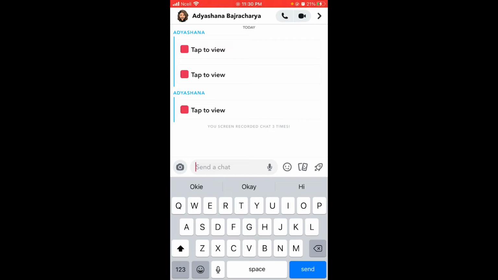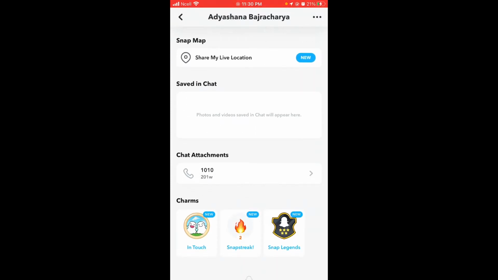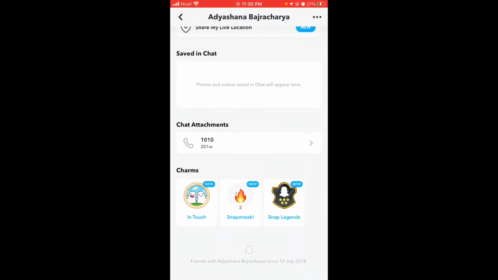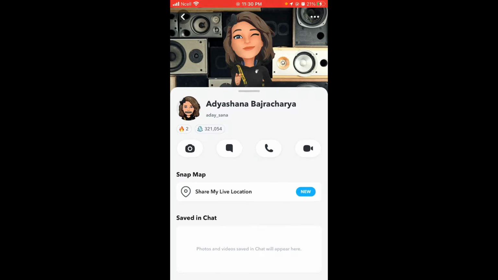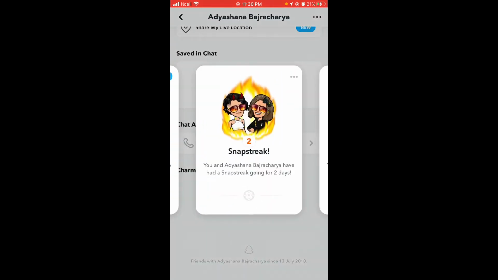In the top right corner, you can see this person's profile. So here you can see a profile. Scroll down and there is Snapstreak. Clearing Snapstreak is possible only when you have crossed over 100 streaks with that person. For now, you can simply screenshot this